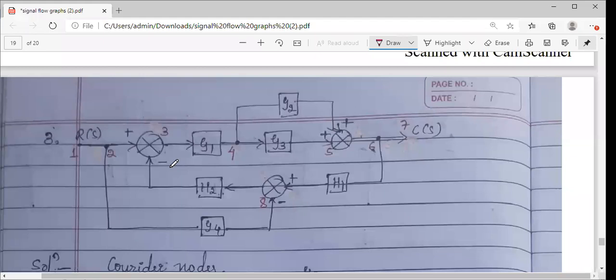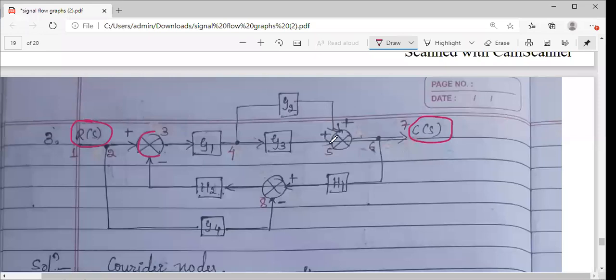What answer came in the block diagram, and what is it here? I will just give you the hints for this. You try to solve this by yourself. The hints are how to take the number of nodes. If you observe, first let me show you how many nodes we can take. Input and output. So two nodes we have to take.